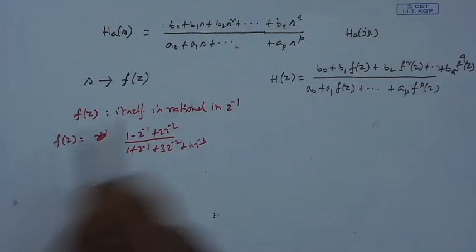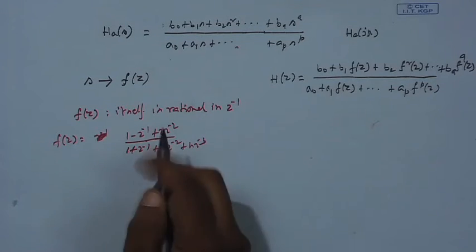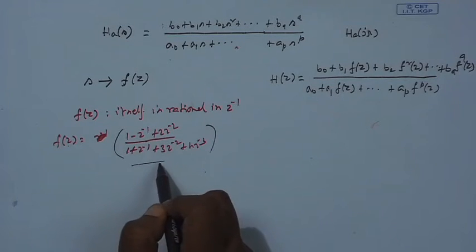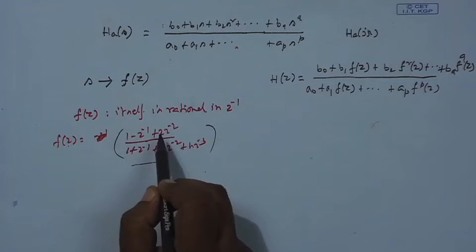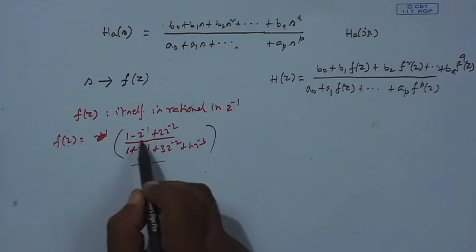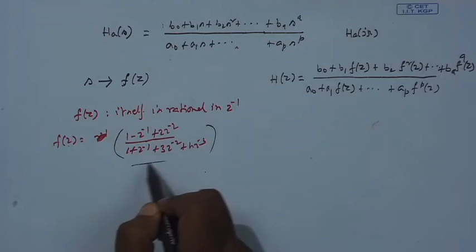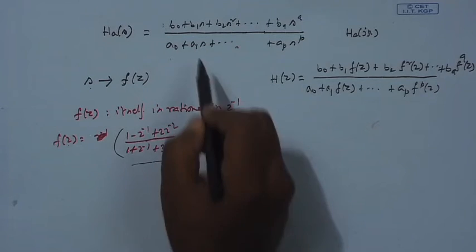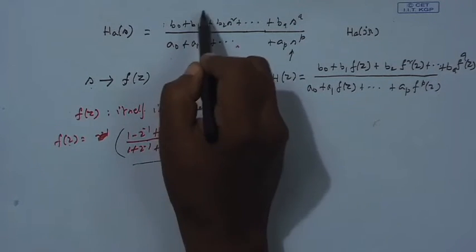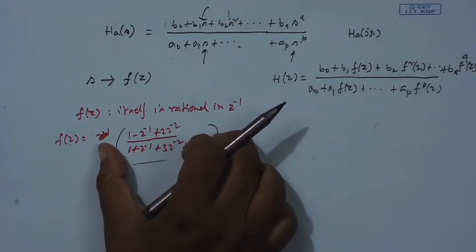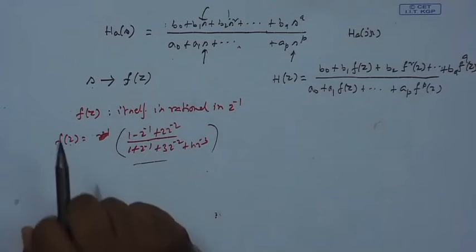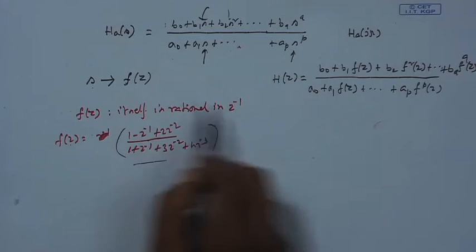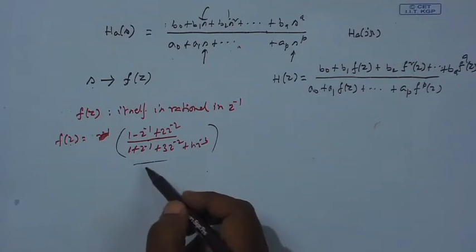Suppose f(z) is something like this. As an example, if f(z) itself is a rational function of z inverse, that is, a ratio of two polynomials, one numerator polynomial and one denominator polynomial in powers of z inverse, and you put this f(z) wherever there is s, then either this will be there or square of this, cube of this. When you simplify, evidently we will get a numerator polynomial in z inverse and its powers, and a denominator polynomial in z inverse and its powers.